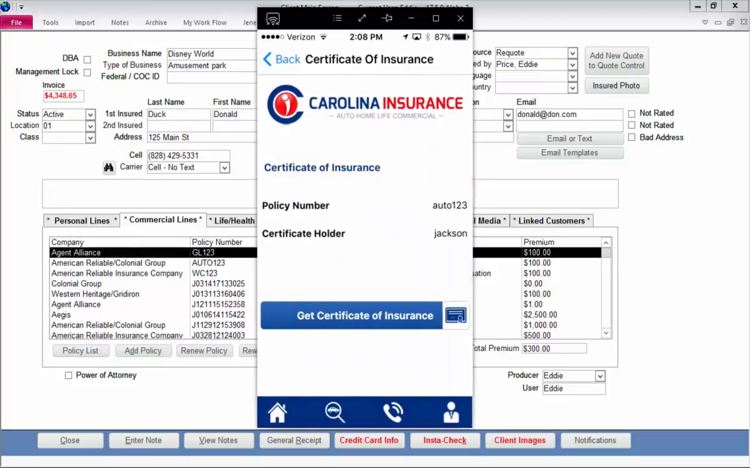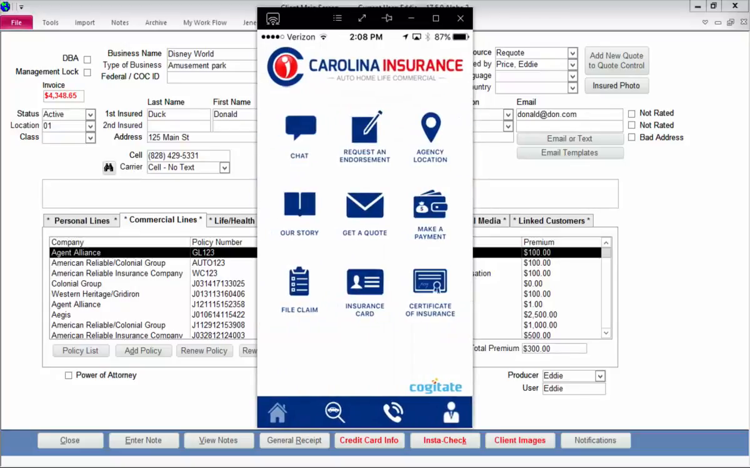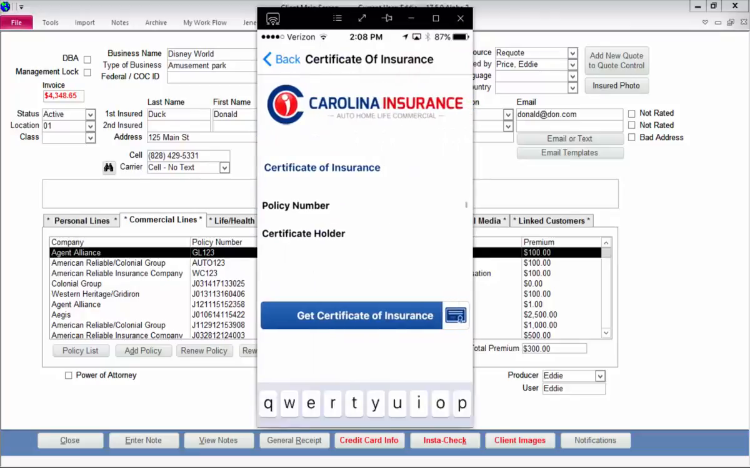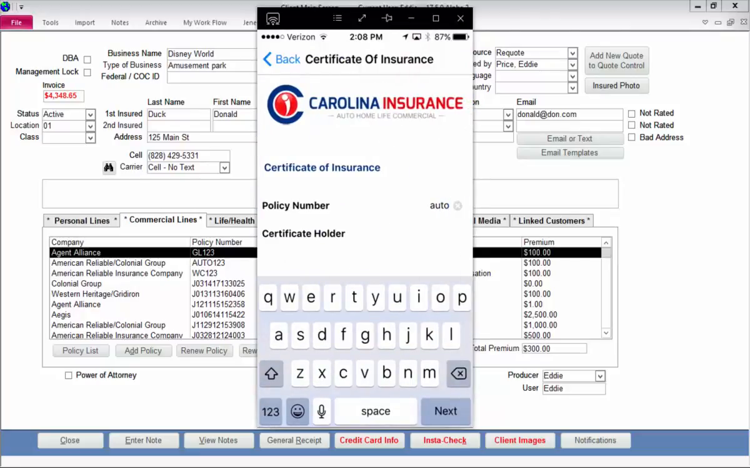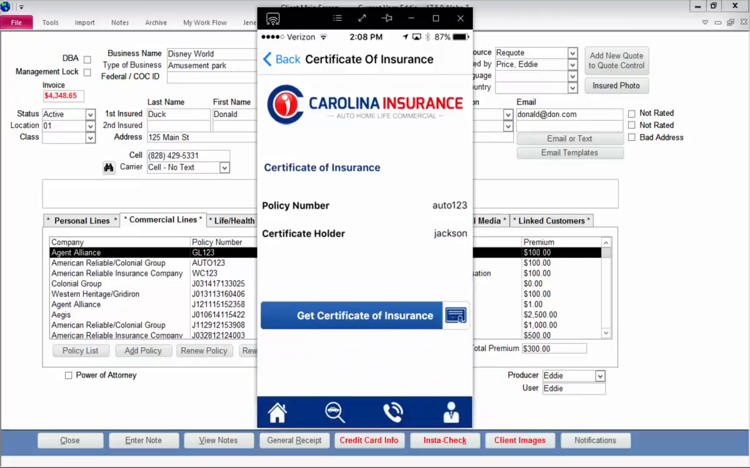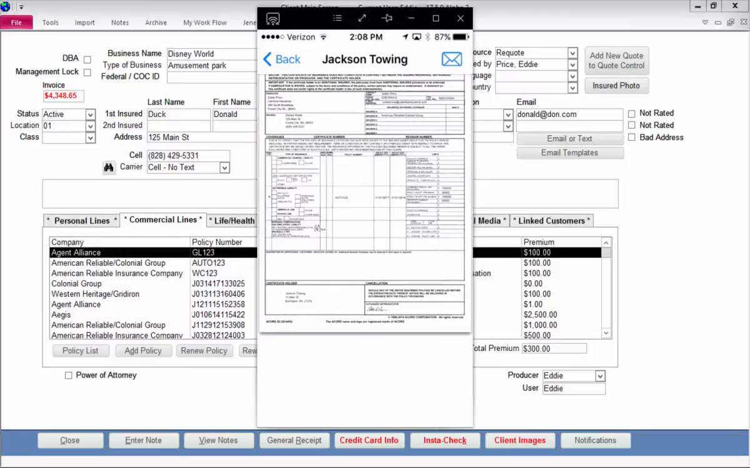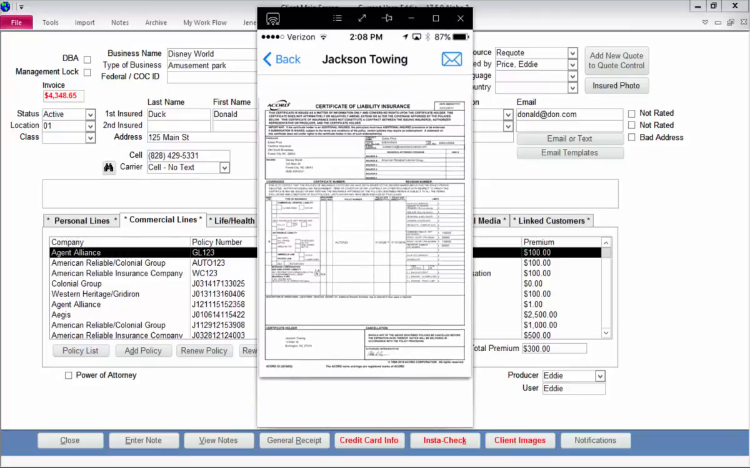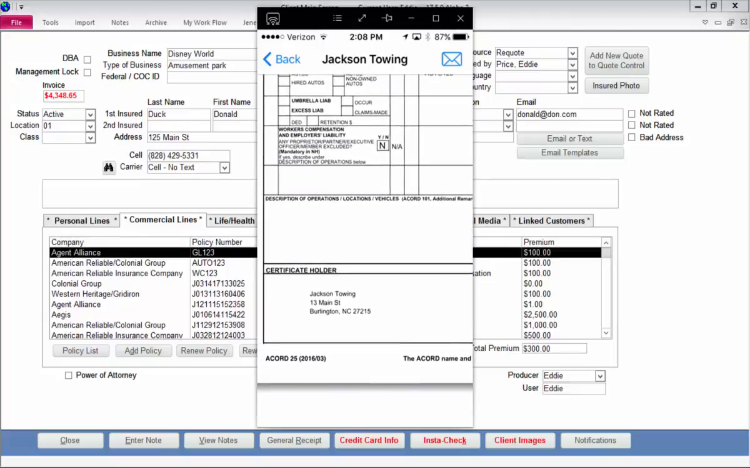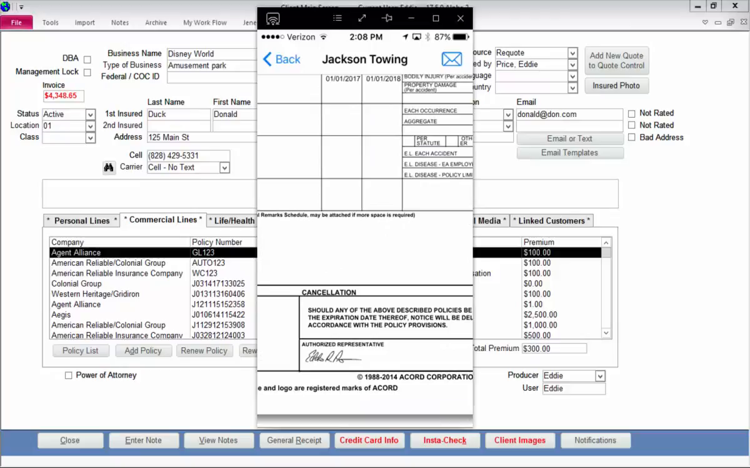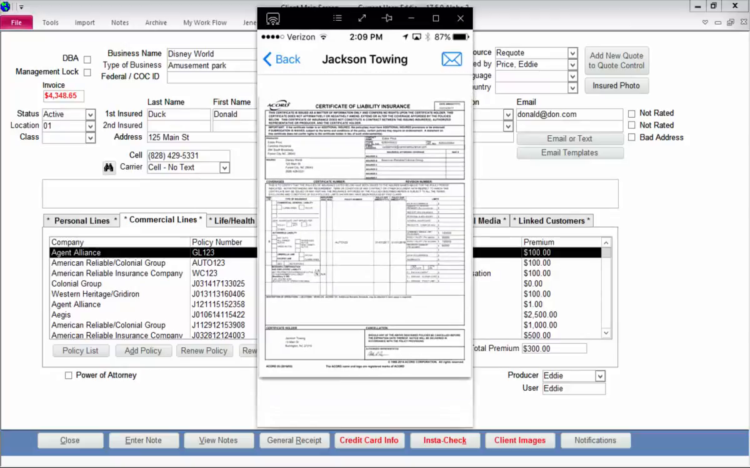What I did was I clicked on certificate of insurance here, and I typed in the policy number, Auto 123, Jackson, partial name search for the certificate holder. Click on get certificate of insurance. There it would be right quickly in front of me. If there were more than one, if I had several certificate holders for my business, they would be listed here. But I can just click on Jackson Towing, and it opens up the actual image of the certificate, complete with, of course, the certificate holder information here and my signature at the bottom right, and the coverages based on what